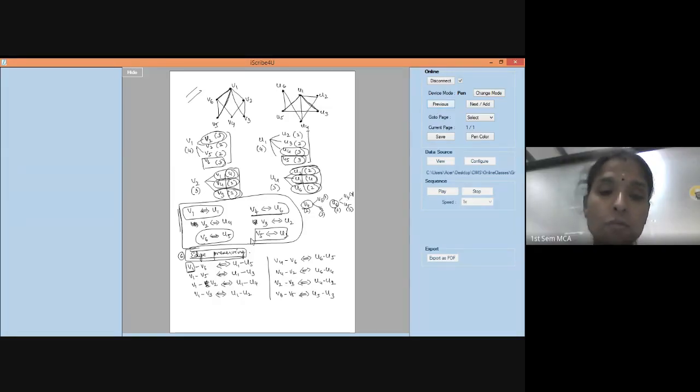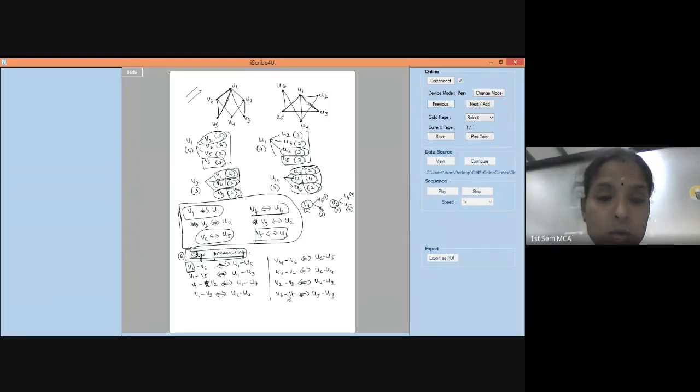First, you have to write down all the edges of G1. What are all the possible edges? V1, V6 is one edge. V1, V5 is one edge. V1, V2 is one edge. V1, V3 is one edge. We know that in the second property itself, we have already said that we have 8 edges. Correct? So list down all the 8 edges of G1.